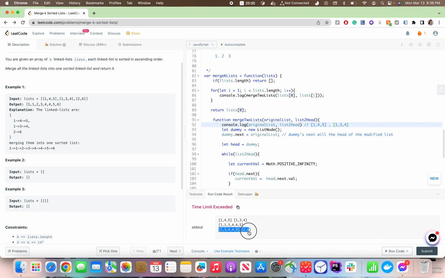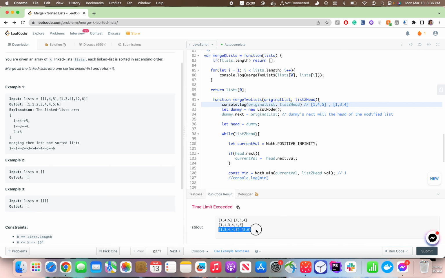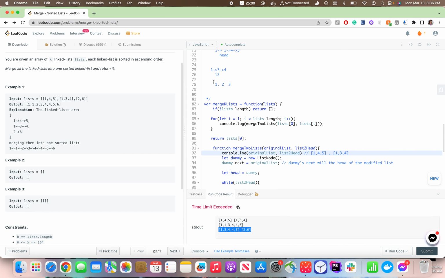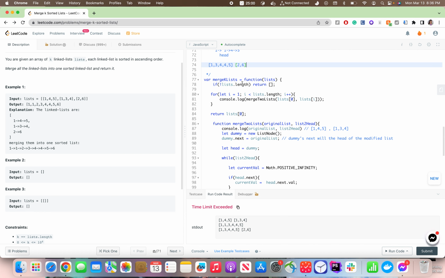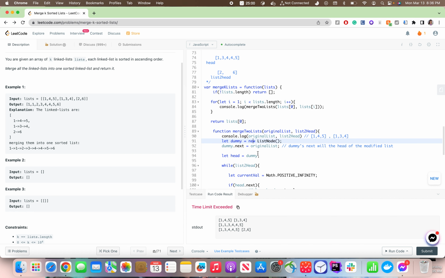But why is it, when I'm passing this, exceeding time in this case? So if it is 1 1 3 4 4 6 and 2 6, then something's wrong. So first of all, dummy will be here, and then this would be list 2 8, and right, and